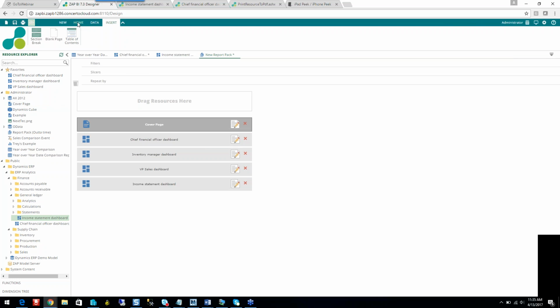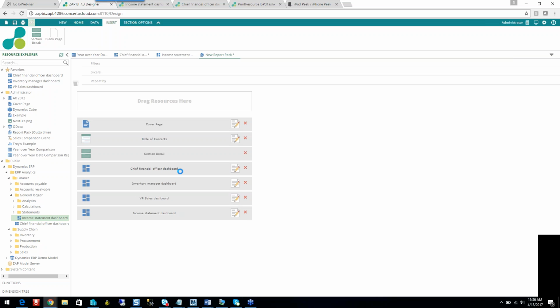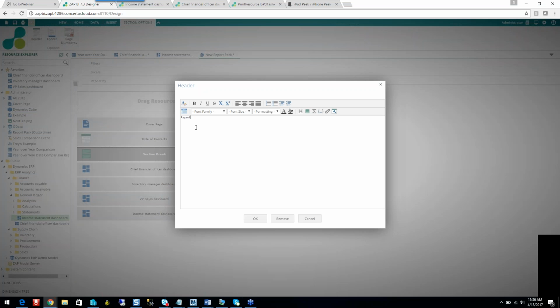I want to do an insert of the table of contents. So it's a step to get it to look a little bit more readable and professional. I want to insert a section break. And in my section break, in the 3rd position, let's put in a header. And my header would be report package, bold that, make the font a little bit bigger, maybe a little bit of space at the top as well,